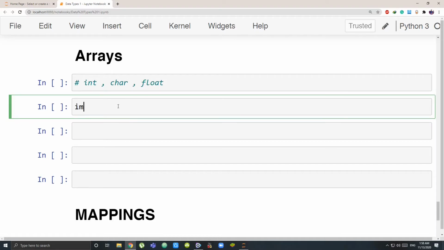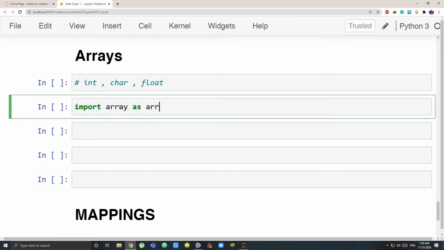Now you have to import a module. A module is a pack that has many functions that you can perform. So there's a module named array. I'll be importing that, and I'll be importing it as ARR. So I'm giving it the short form ARR. So I have to write import array as ARR.